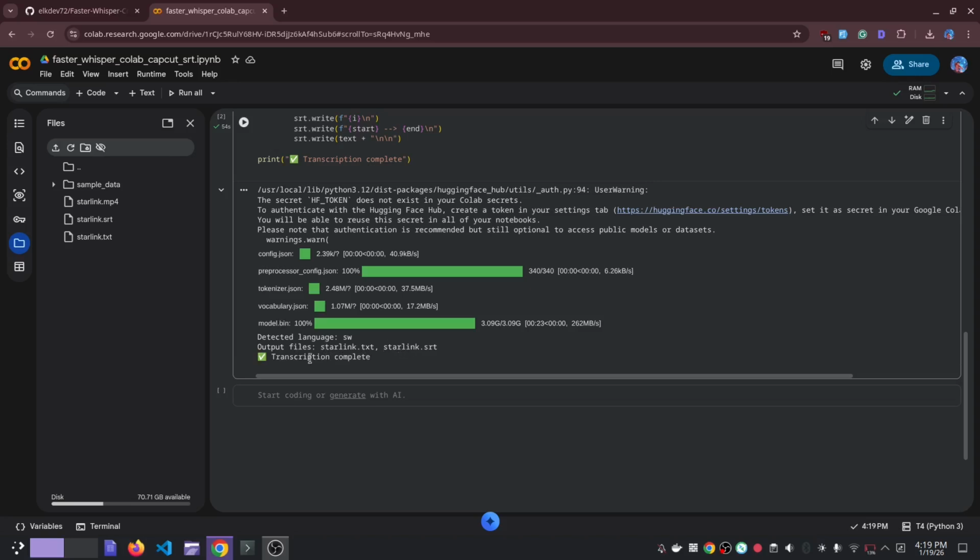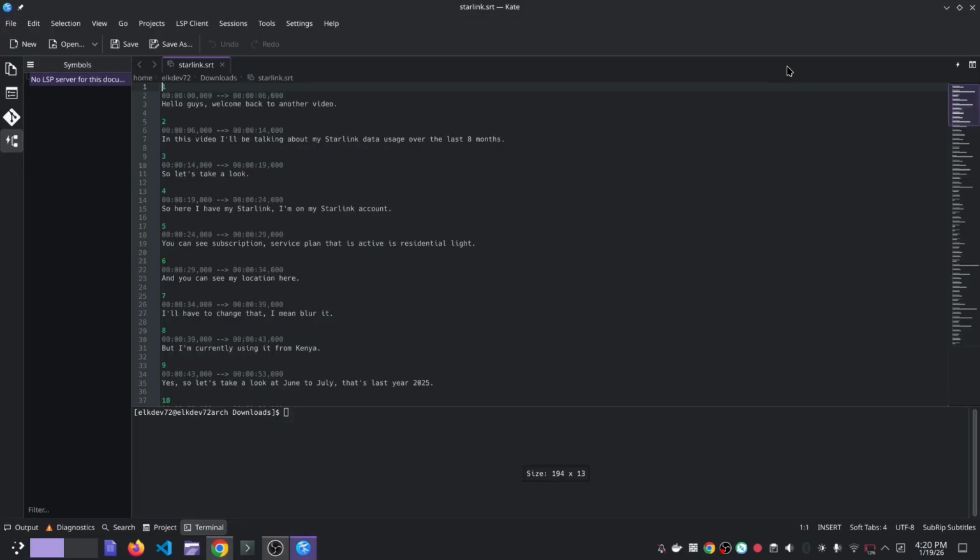So the transcription is done, so we can download this starlink.srt or the starlink.txt, depending on if I want to use this on a timeline. I'll just download the srt. So download, and this is ready to import to CapCut. You can see here.